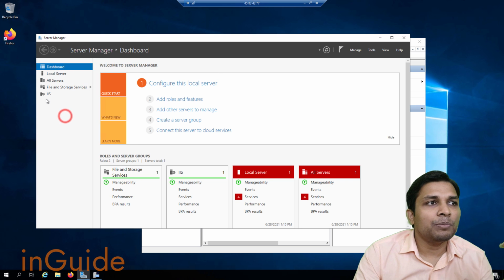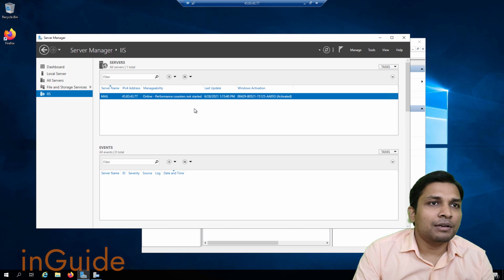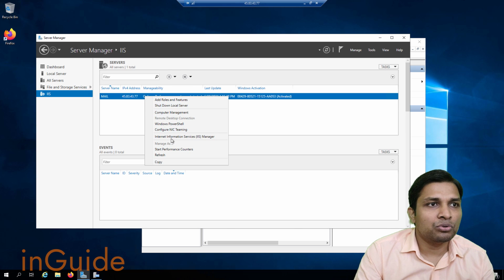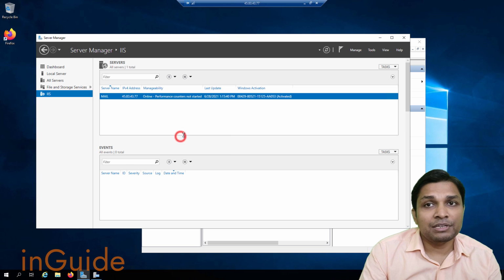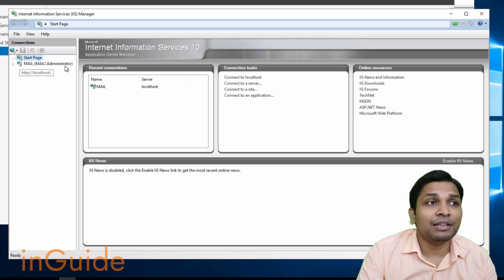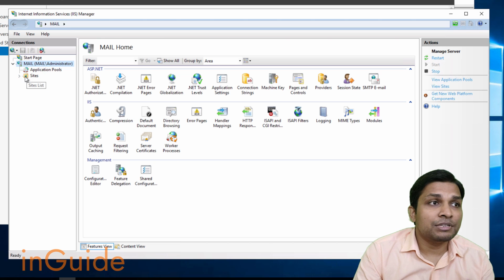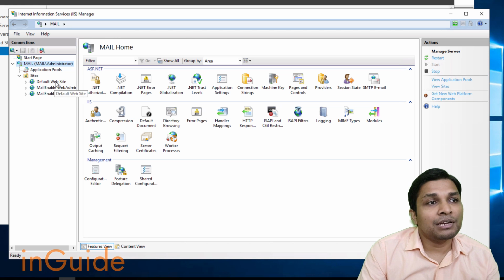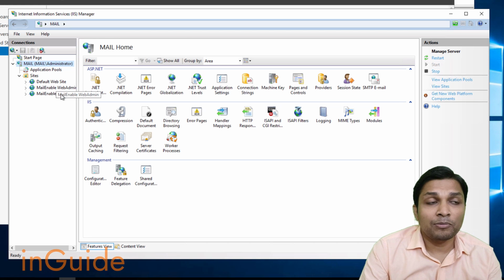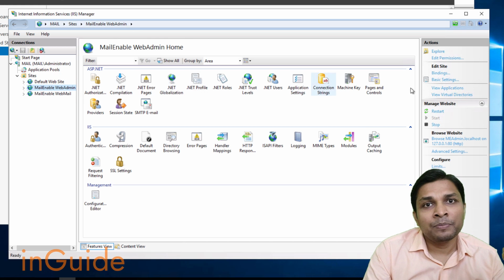Next you have to go to IIS in Server Manager, obviously, and then right click here and go to IIS Manager. Then you will see mail, which is your computer name, and then administrator. Go inside that, and you will see sites, and you will see three sites basically: Default Web Site, MailEnable Web Admin, and MailEnable Webmail. So go to MailEnable Web Admin, then go to